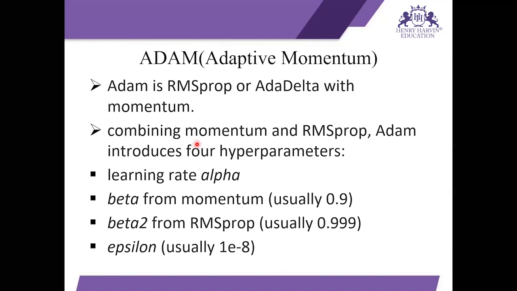The next one is Adam, Adaptive Moment Estimation. This combines the power of RMSProp and momentum based GD. Adam uses the power of momentum GD to hold the history of updates, and the adaptive learning rate provided by RMSProp makes the Adam optimizer a powerful method. This is the most powerful method actually. It also introduces two new hyperparameters, beta 1 and beta 2, which are usually kept around 0.9 and 0.99, but we can change them according to the use case.